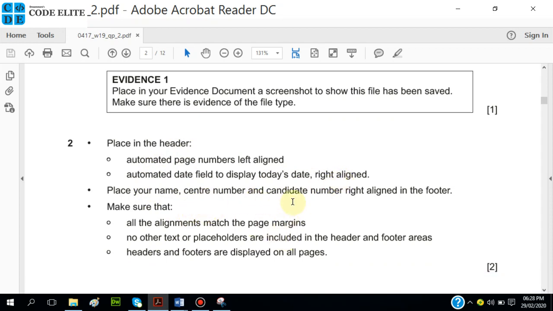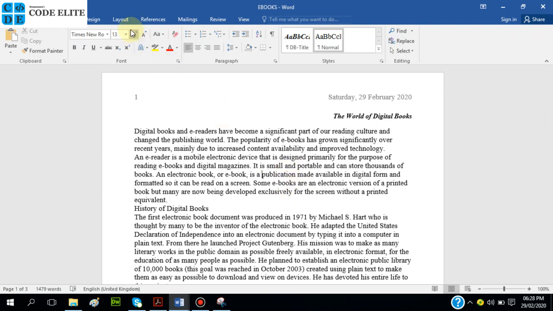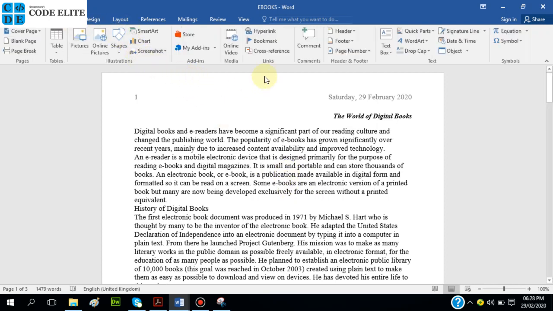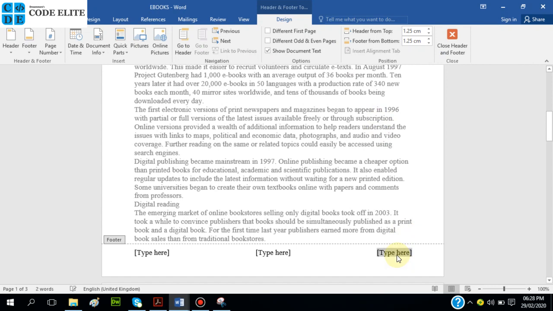Place your name, center number, and candidate number right aligned in the footer. So let's go back there. The footer. So still on Insert and the footer, and then let's say right align. Okay, so we'll pick that, and then we'll do our name. So my name, not our name, my name. Oh, sorry, I didn't know that my caps lock was still on. Okay, my name,